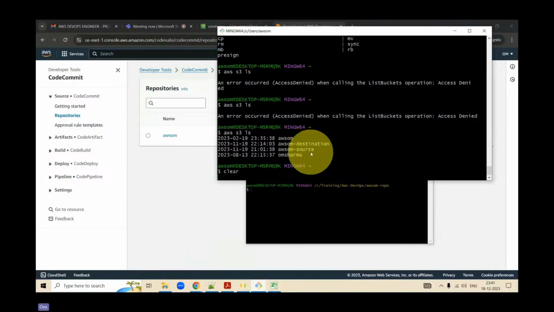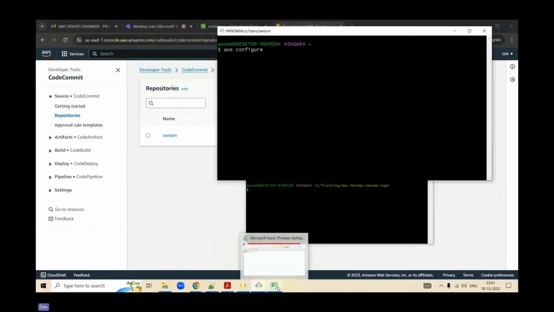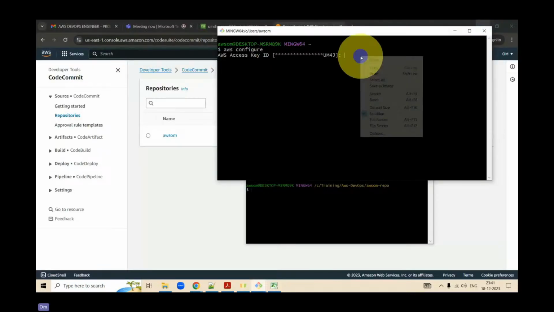The first thing is, because we got disconnected as well, you just put AWS configure. That is your first command. The moment you open your local command line, there would be a user. You copy this username, whatever is your username, and paste it.